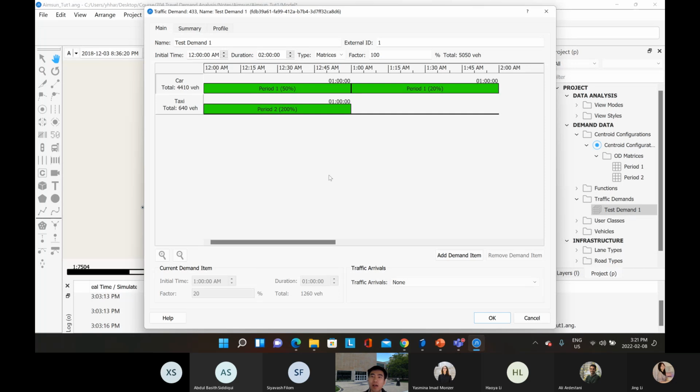Well, you can also define a new matrix under the OD matrix folder, and you can use the existing one by changing their factors, which would be the levels of the demand. And now, once you have finished everything, you can then try to save it. Click OK on the save it. But before we jump to that,